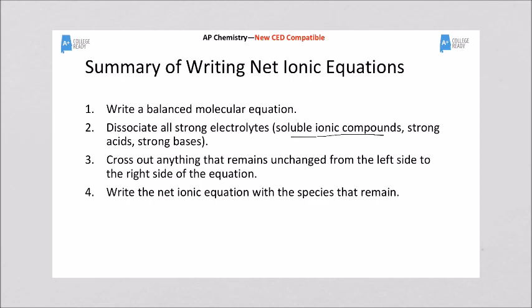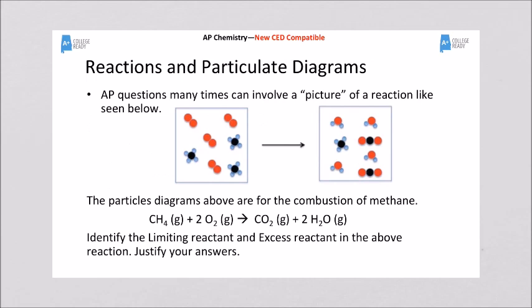We're going to cross out anything that remains unchanged. Those are our spectator ions, and then what's left should be our net ionic equation. Now, as you saw at the beginning of the PowerPoint, the AP exam likes to give you pictures of reactions. And so I just wanted to go over this. So you really need to look at, when you look at pictures like this,